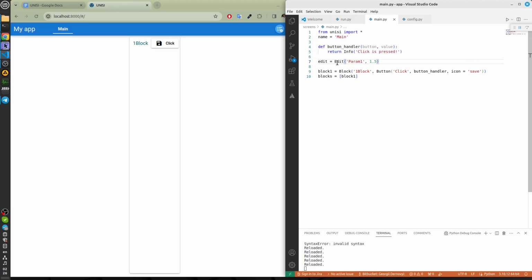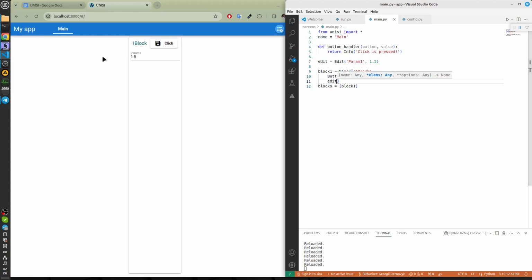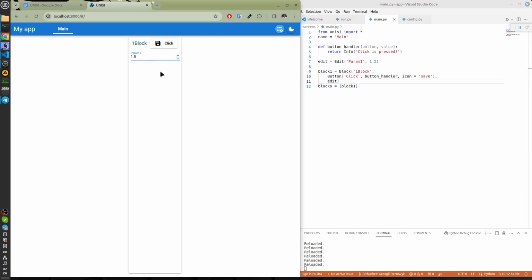To make the edit appear on the screen, it needs to be placed in a block. Let's put it after the button. The edit is in the block. We can print there. We can increment it, decrement it.